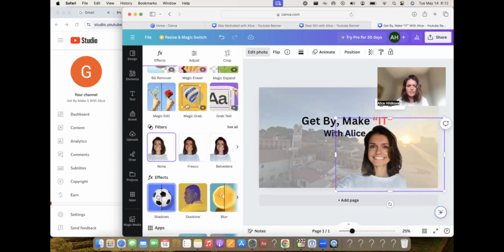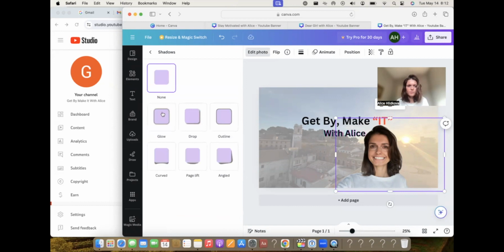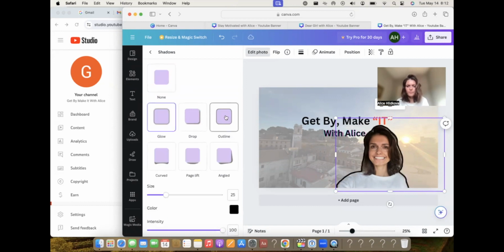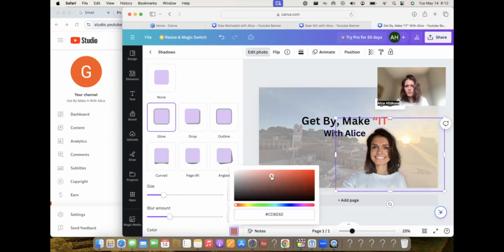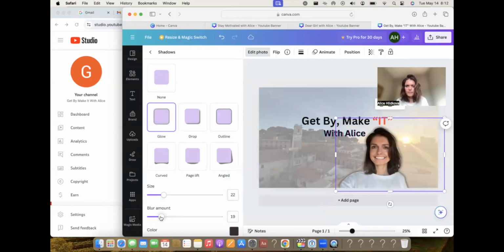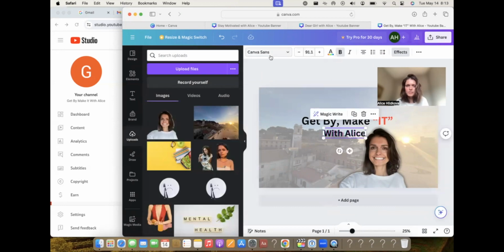So let's say shadows, we want to do a little glow, an outline. I like a glow, and then just do something like this. You could change the color on the glow, maybe some orange or maybe black. And then you can do the blur amount. How much do you want blurred? And make sure that it's, maybe change this font.